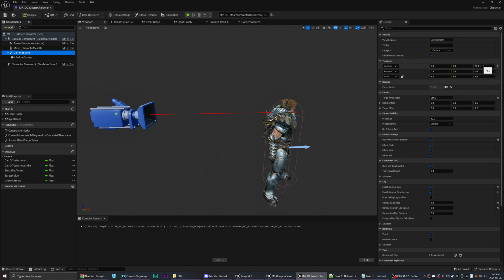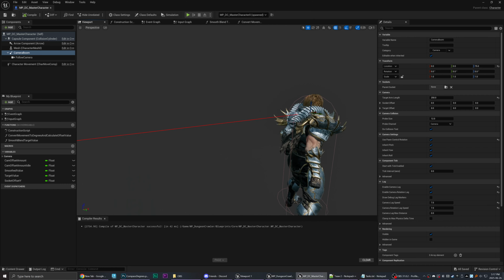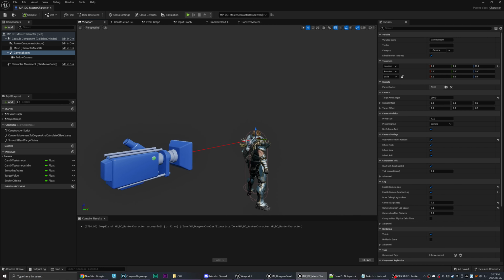I prefer the boom to be level with the shoulders as opposed to the center of the capsule. Our default value for the socket offset is actually 0 because I'm changing that dynamically on tick, and the target arm length I've set to 250.